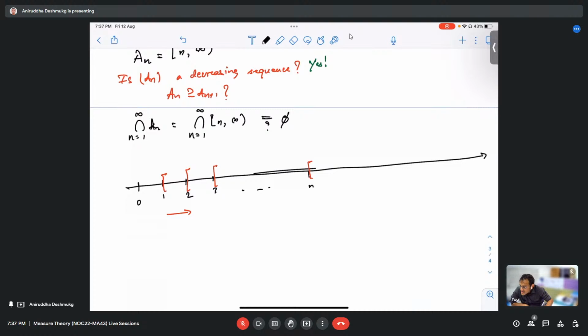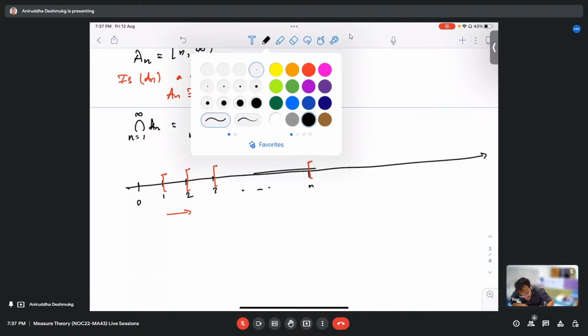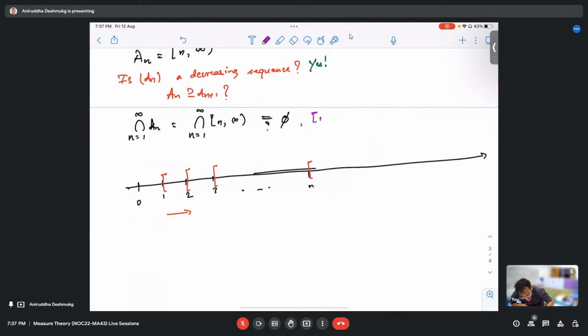Yes, Prasanji. So closed interval 1 comma 2, closed interval 2... Are you saying this? No, no, sorry. So see,